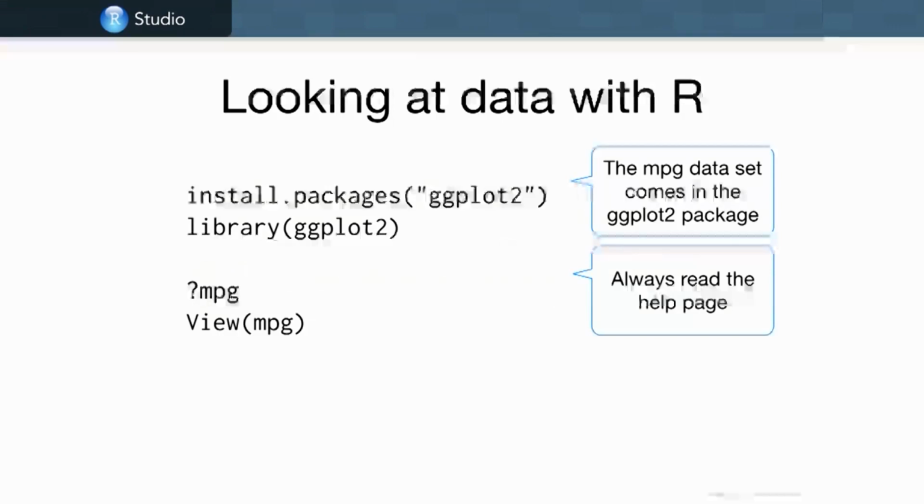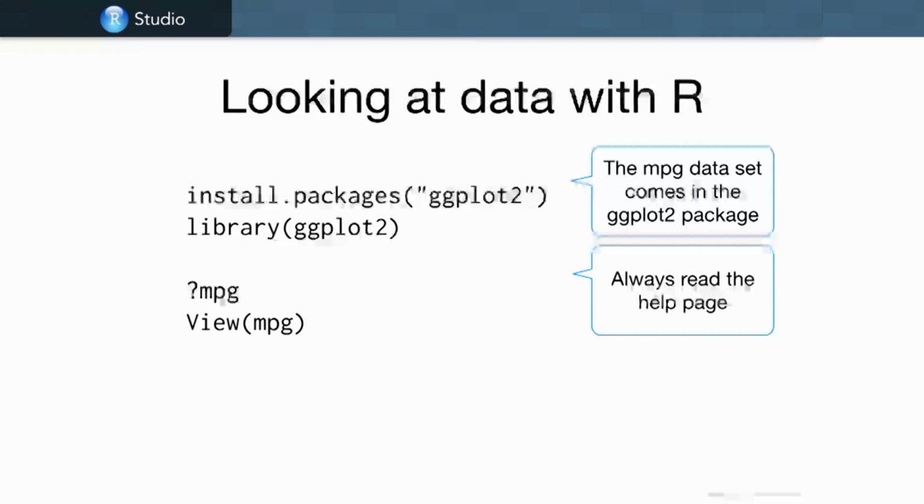Now to do this, you'll have to have installed the ggplot2 package, and you'll have to load it with library(ggplot2). Now we've done these things in the previous video, but if you shut down R since then, or if you didn't do this in the previous video, you might want to run those 2 lines of code at the top of the slide. There's a data set that comes with ggplot2 called mpg, and it contains data about cars